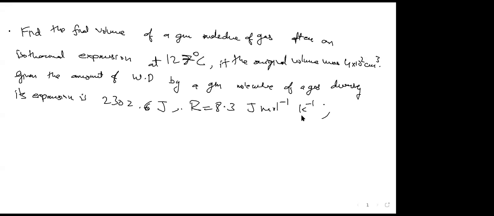Any doubt in the question? Sir, I'm still reading. Okay, keep reading, very nice. Find the final volume of a gram molecule of gas after isothermal expansion at 127 degrees Celsius. If the original volume was 400 centimeter cubed, given the amount of work done by the gram molecule of gas during its expansion is